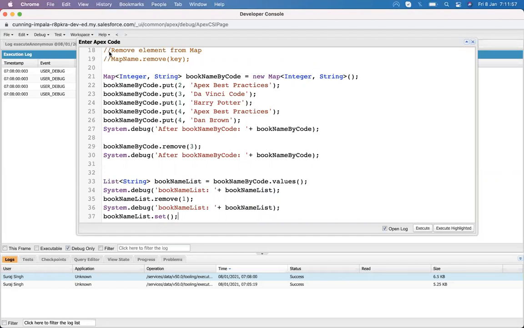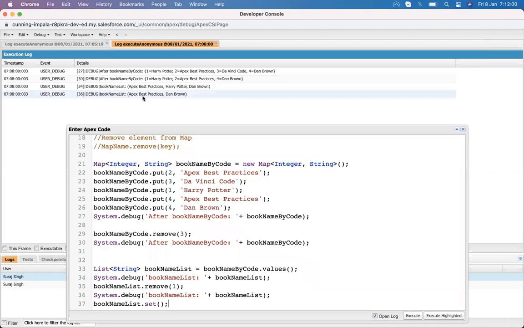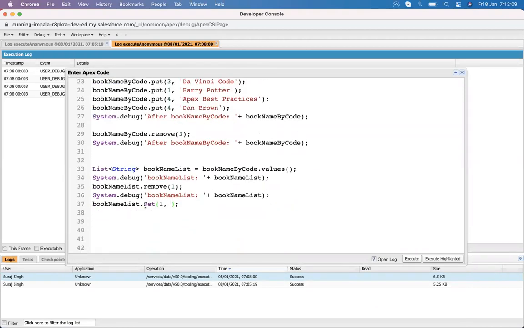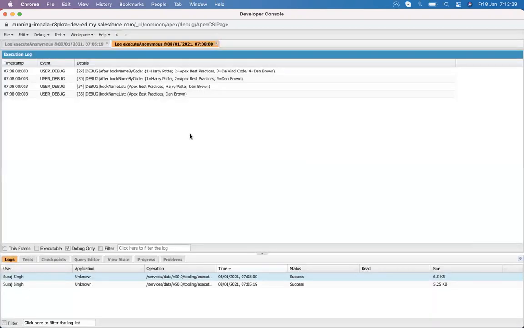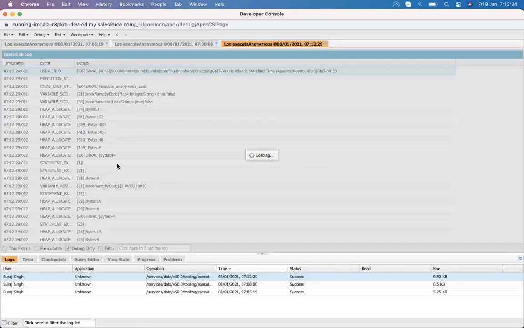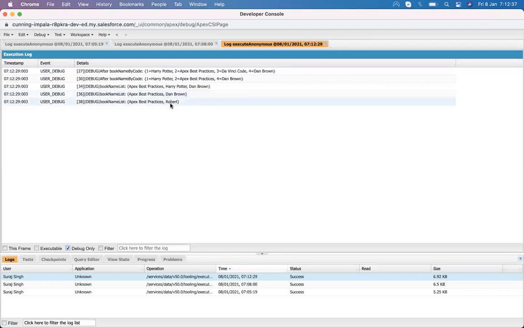As we can see, we have only two elements in the list, so I'm going to change the second one, from index one, to Robert. Yes, you can see that Dan Brown is changed into Robert.